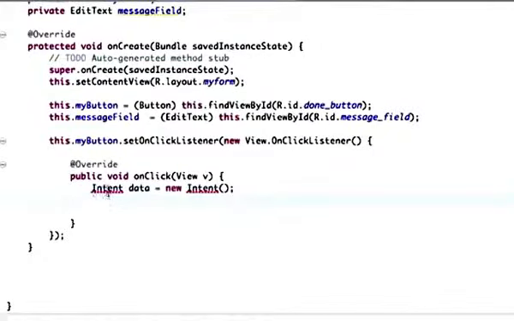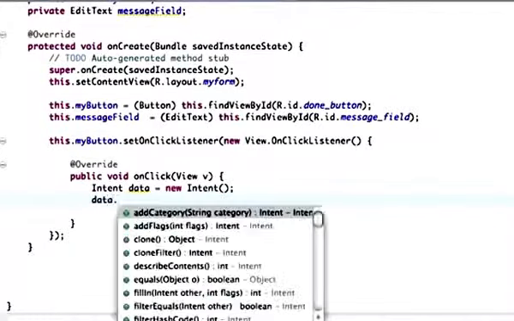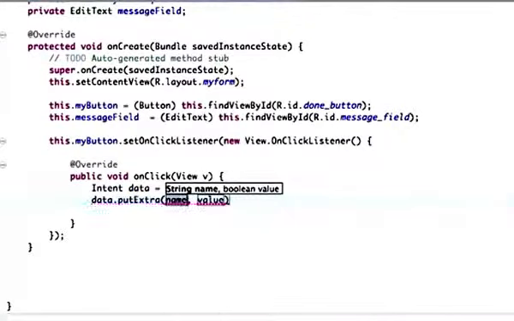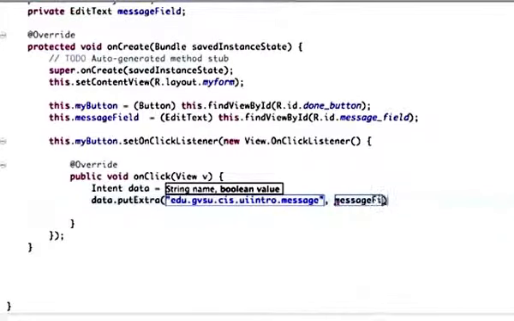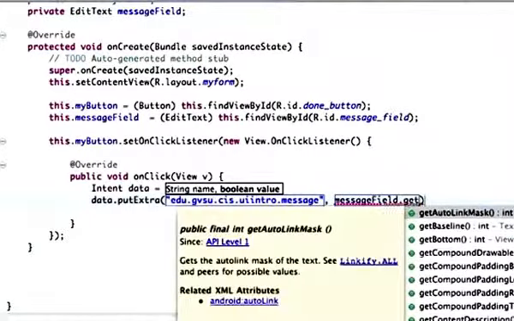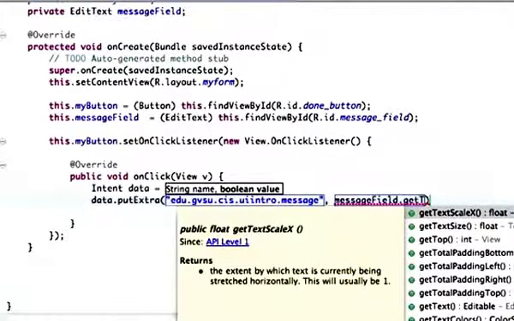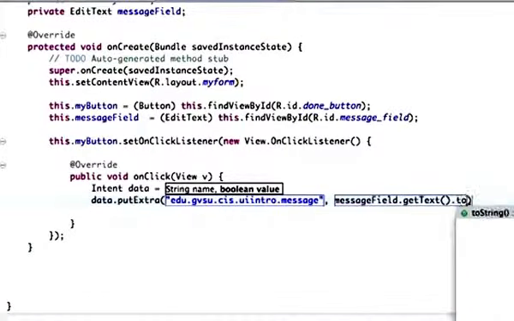and then once again I need to make sure the import is there. And once I've done this, I want to do the put extra, and we're going to go with a string here. So we'll give it... we'll say that's the value, and then for this we need to actually extract it from message field. So we need to say message field get text, convert it to a string,